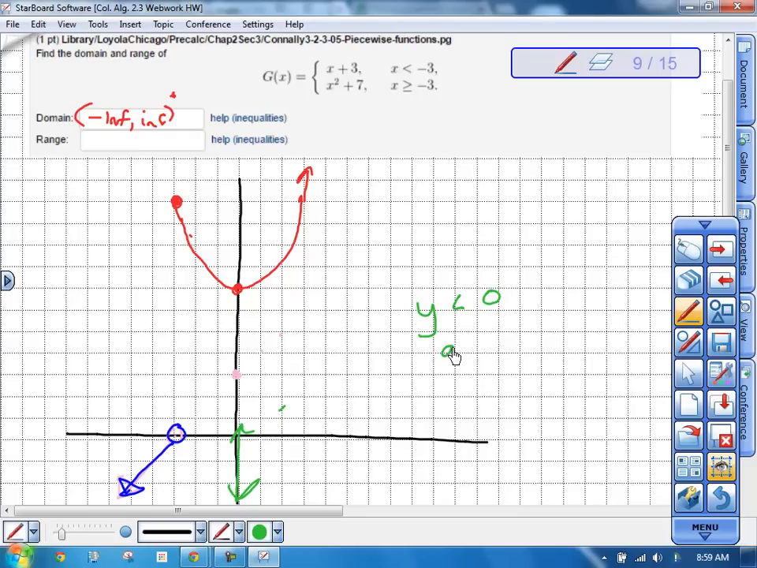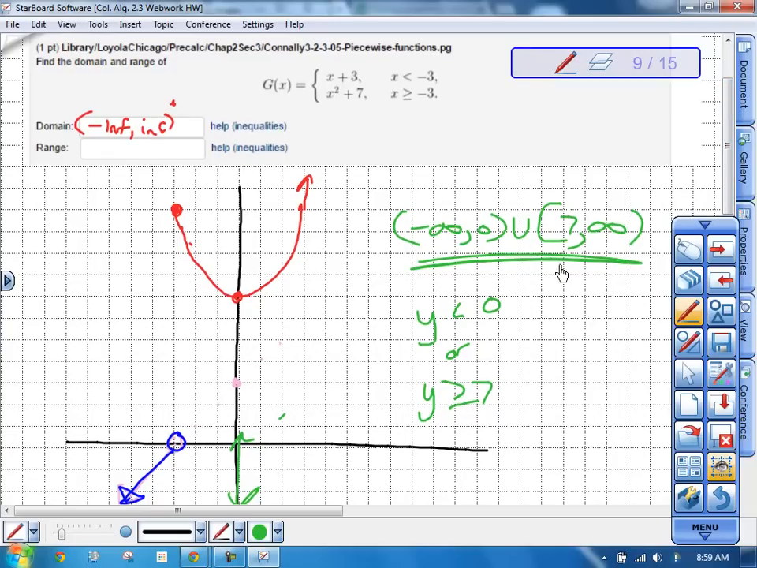As well as, so I should say, all the y values that are greater than or equal to 7. So in interval notation, that would be negative infinity all the way up to 0, not including 0, as well as 7 all the way up to positive infinity, and I can include 7. So that would be my answer in interval notation